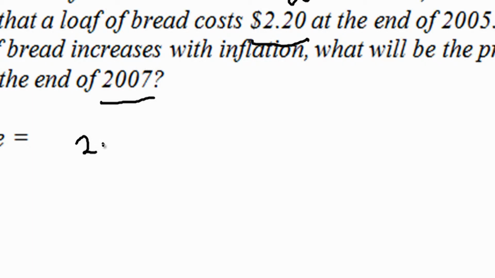Now, what we're saying is, a loaf of bread costs $2.20 at the end of 2005, and it's gone up by 2.7% for 2006. So I've got to increase this. So usually what you would do is go 2.7 divided by 100 times $2.20, get that answer and add it back to the $2.20, and that's the new price of the loaf of bread. But to do this all in one hit, all you have to do is write down $2.20 plus